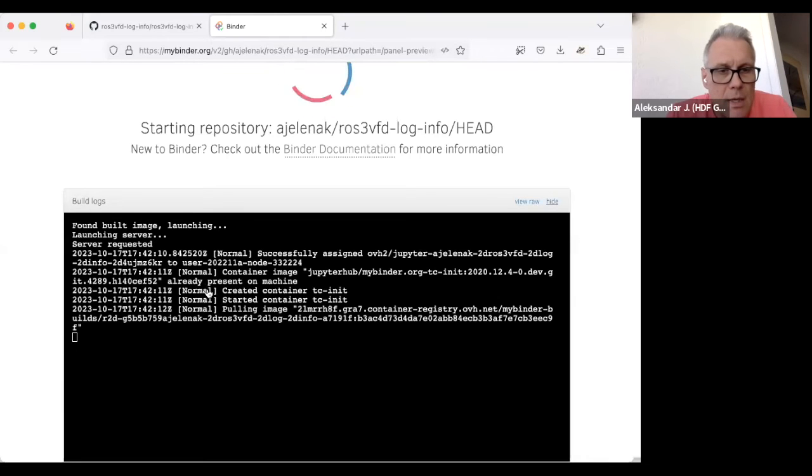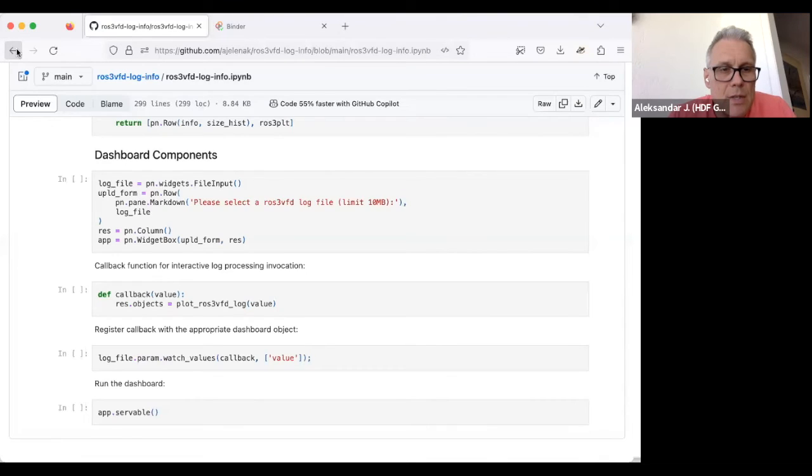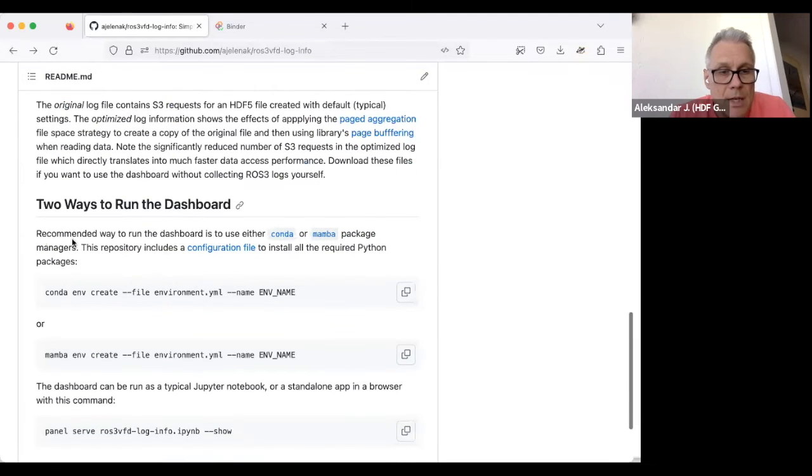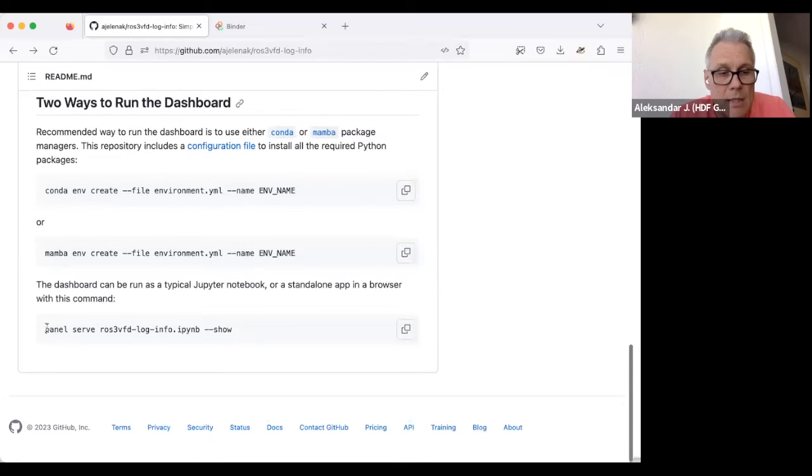So I've prepared another option, and as per instructions in the README file, here, I will basically run this dashboard from my command line like that. And it will do exactly the same thing. Okay, still not happening. So this is not a good advertisement for the Binder service, but you know, as I said,